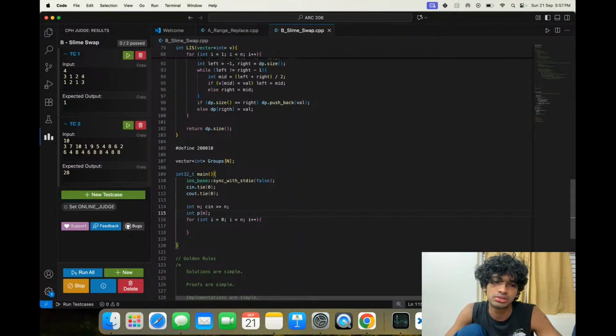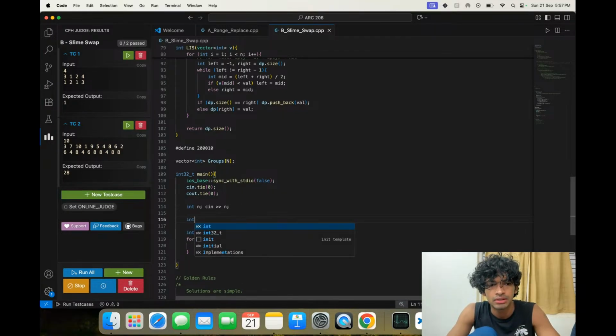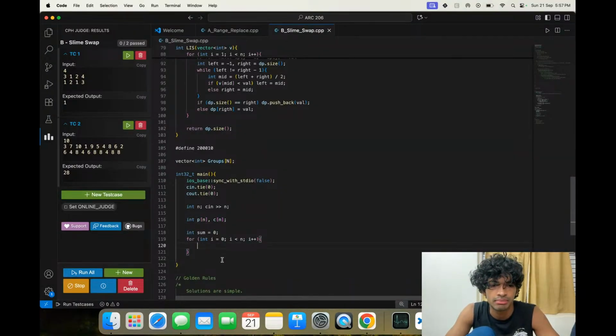I don't want their colors. I can just know that sum, the initial sum. And then what should I do? I have to maintain them, because they are getting outputted in different lines, right? That's why I just want them. Scene pi, scene ci. Now what would I do? I will go over each color.